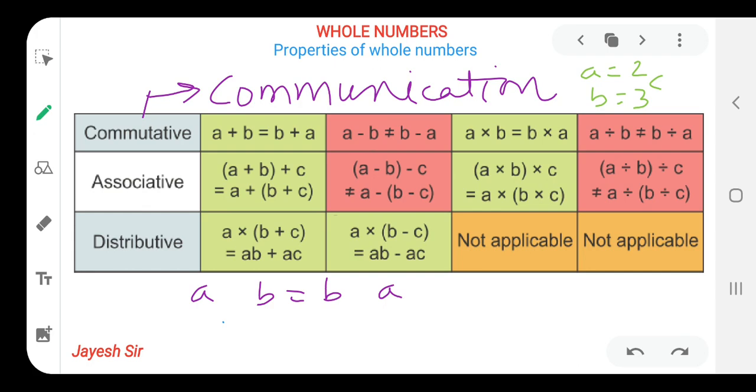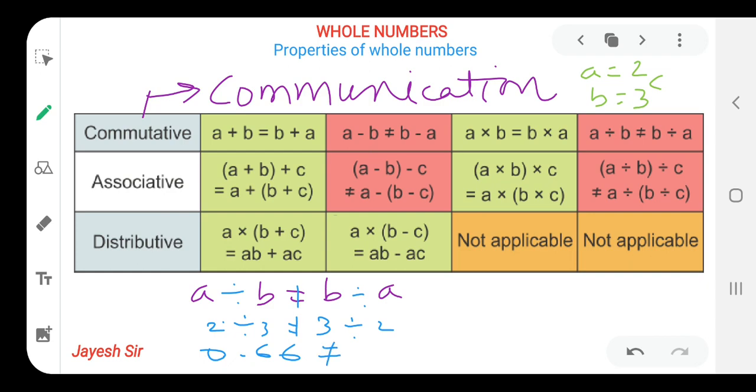So now, a divided by b or b divided by a. So a is 2 and b is 3. That is not equal to 3 divided by 2. Yes friends, I hope you might be facing a problem with how to divide 2 by 3 or 3 by 2. But I know how to solve it, and I will solve it for you so that you can understand it properly. So 2 divided by 3: 2 should be divided into 3 equal parts so that we get the value 0.66. This would be our value if 2 is divided by 3.